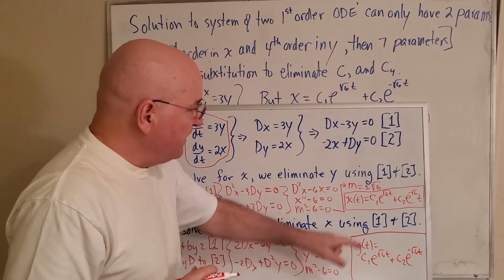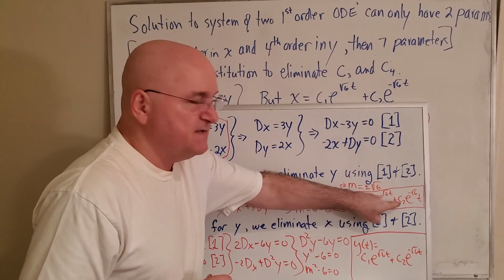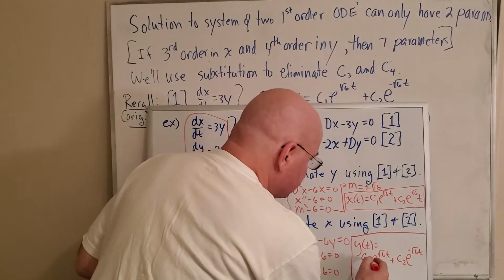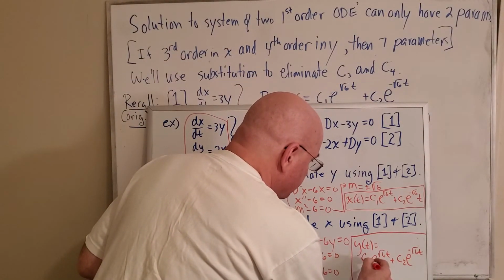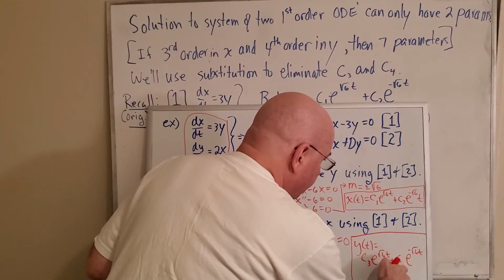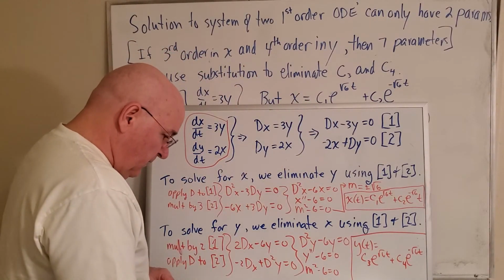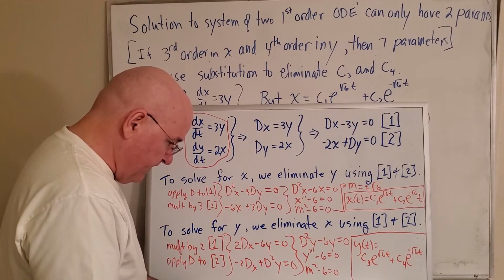Big mistake here. The constants here are c1 and c2. I can't reuse them. They're not the same. This will be c3, and this will be c4. Okay. Now,